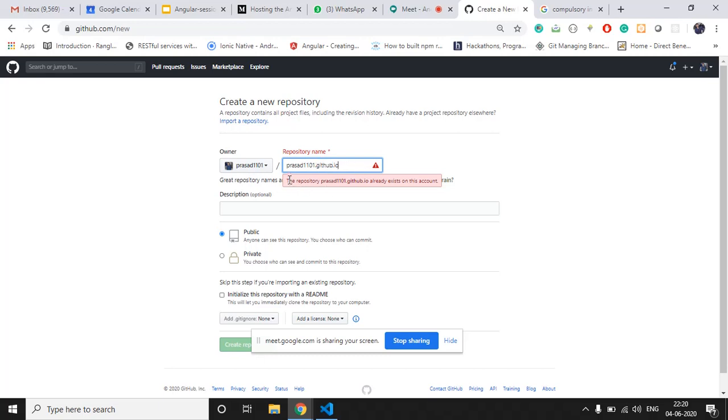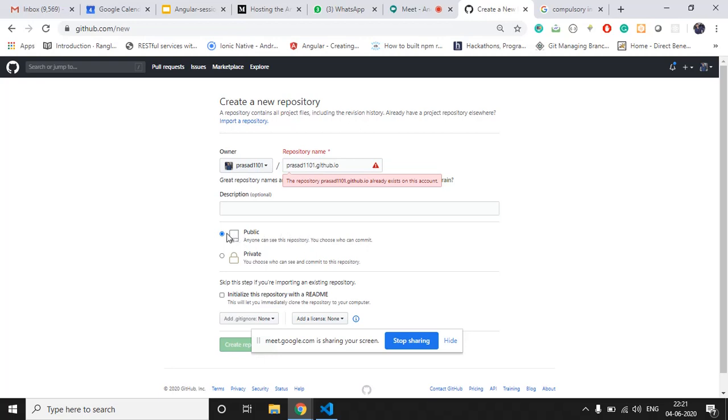Actually I currently have this repository. I created it earlier, so it is showing an error that this repository already exists. Then we have to tick public, because we want this repository to be viewable by anyone.